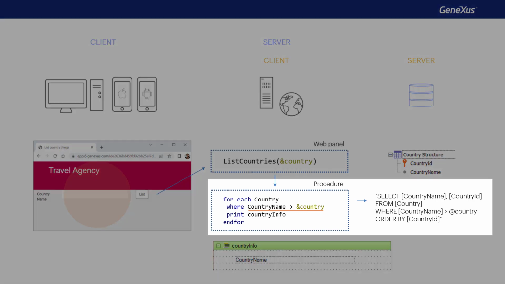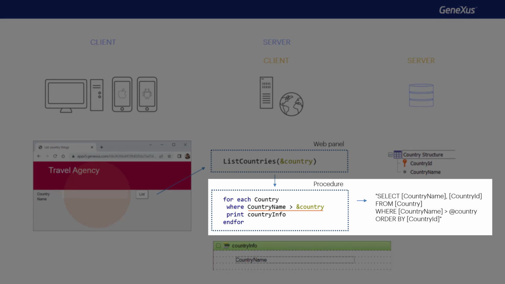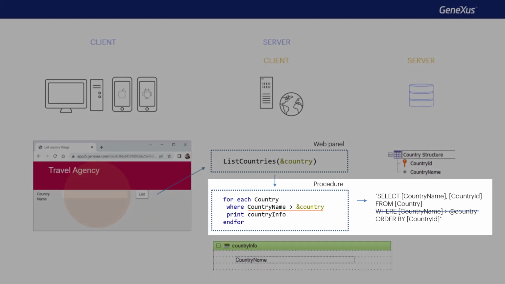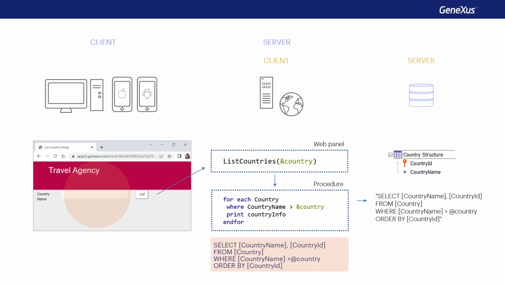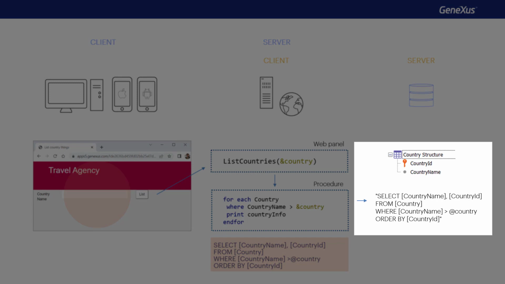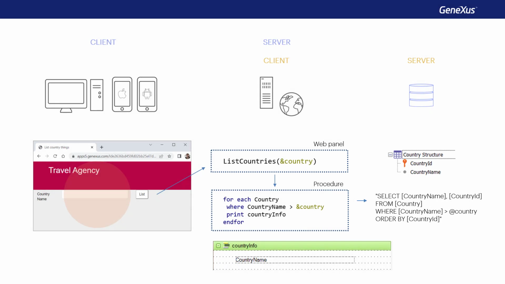It's very different to send the query as a select to the DBMS, which makes the query and returns the result to the client already filtered and sorted, than to send it in a way in which the DBMS returns all the countries and the filter by country name has to be done in the client, for example. The amount of information that travels from the database server to the client can be overwhelming. Here, it's obvious that, from the for each of the procedure, the Genexus specifier will create a source with that select containing a where to be executed by the DBMS, resolving the query in a single operation. But this will not always be the case.